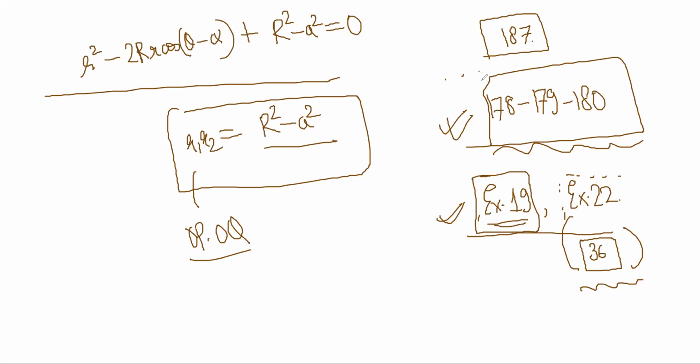Then we will actually start the conic sections part. Right now, have they started circles and all for you in Allen? No, still straight lines. Okay, fine. When they do start it, it will seem easy. You should find it really easy. If you have done SL Loney properly, it will be really easy for you.